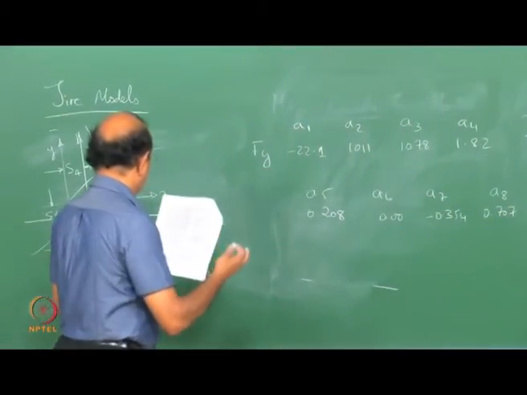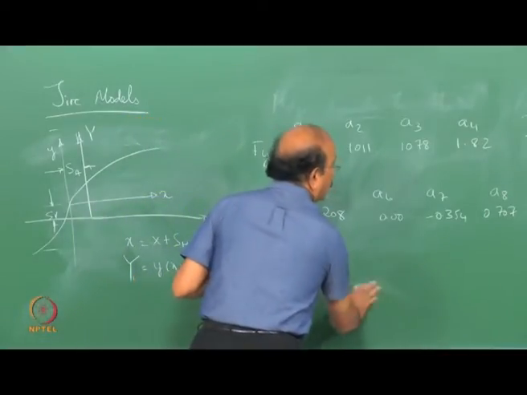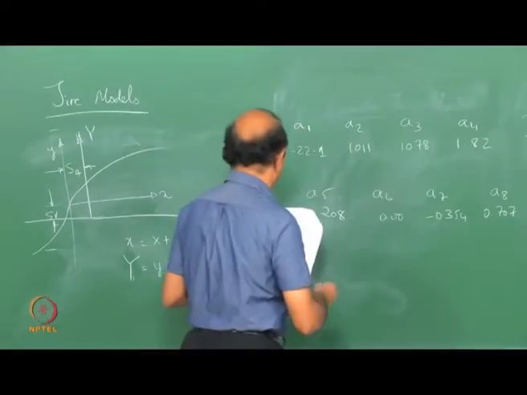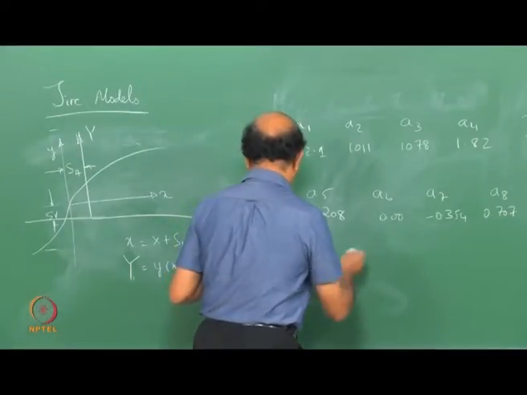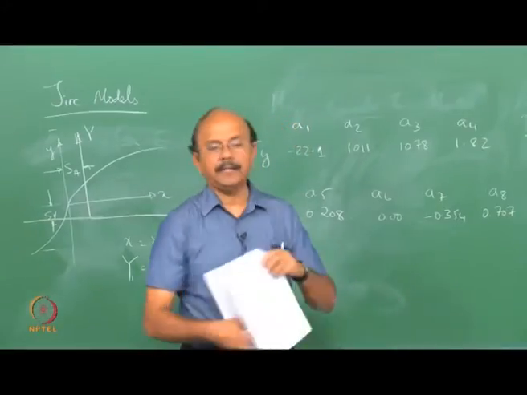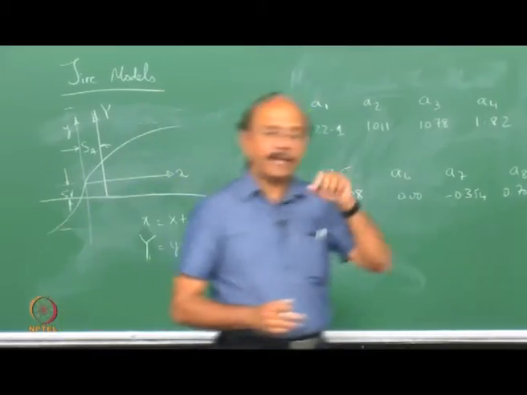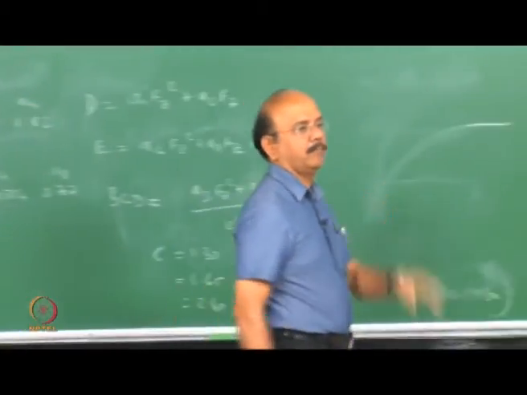And for A9, we will see how this comes. Then we will have properties for A9, A10 and so on. So A9 and A10 and other things, which we are going to see now in a minute, we will then give the values, take care of the camber aspects for Fy.